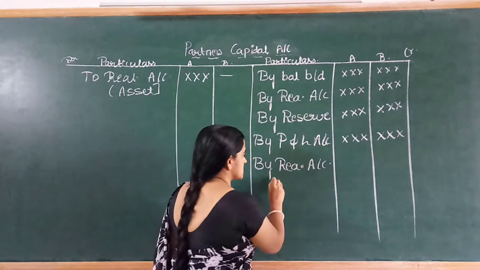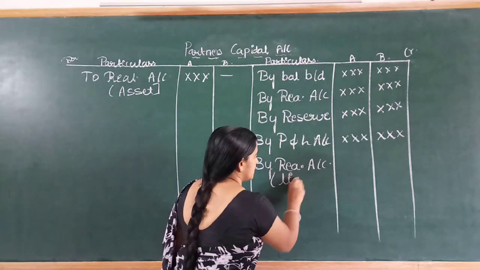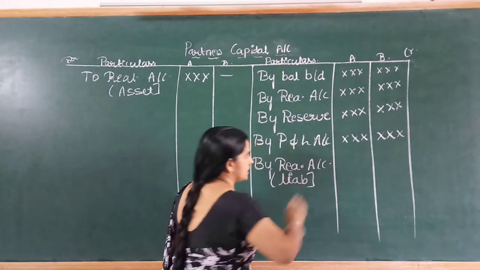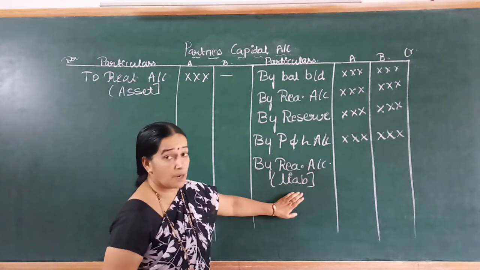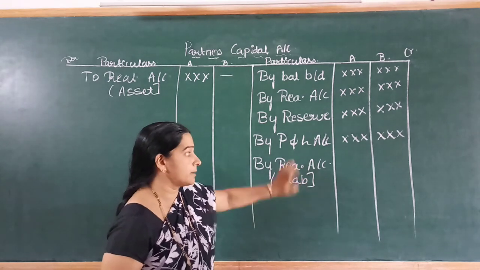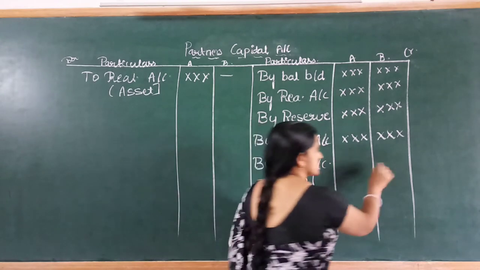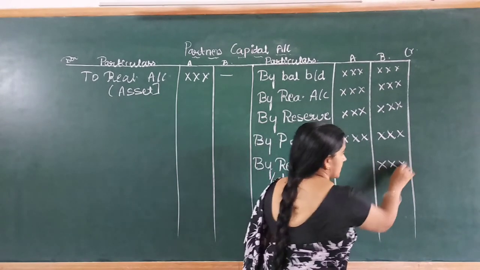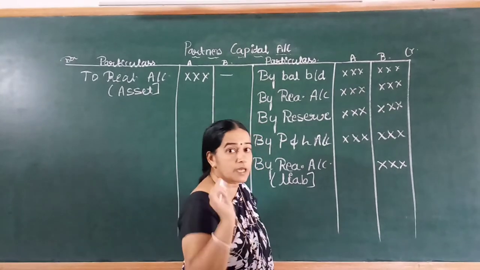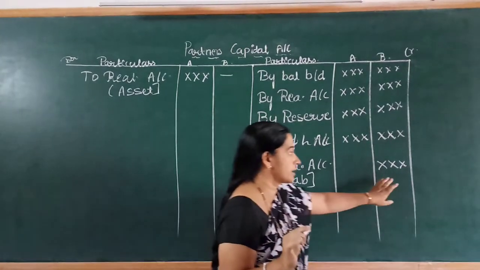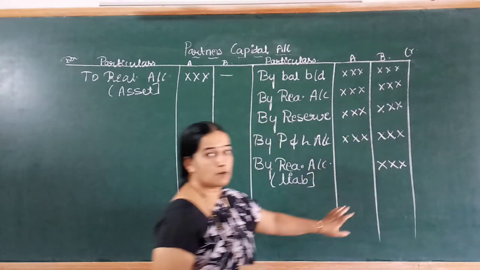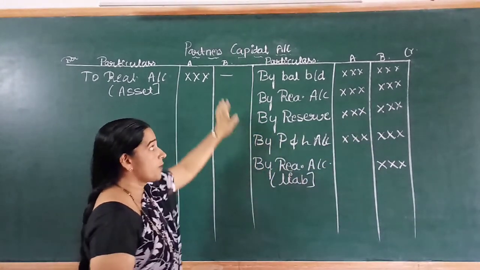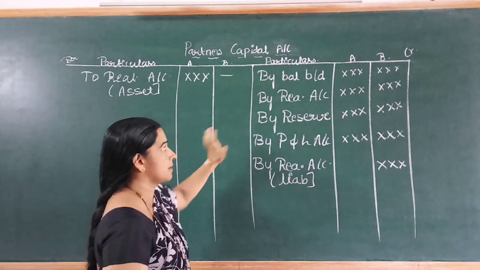Any liabilities taken over by a partner, then that amount will be credited to that particular partner's capital account. Now being paid bank loan in full means for the payment of bank loan, how much ever the amount he has paid, that will be credited to his capital account. So these are the 5 to 6 steps while preparing the partner's capital.